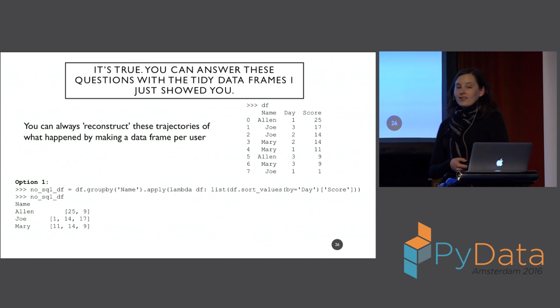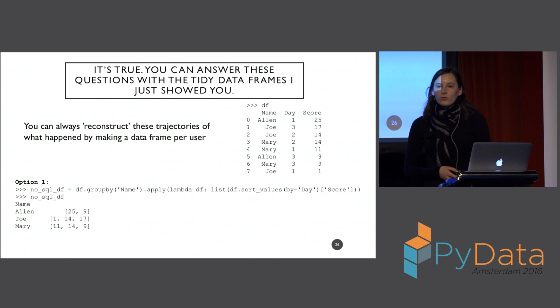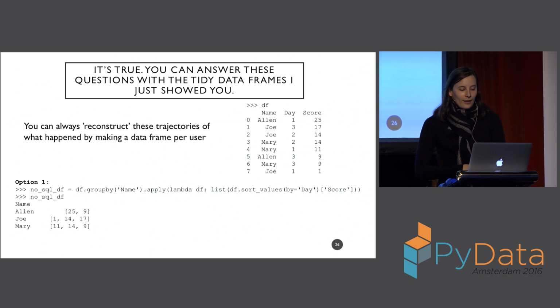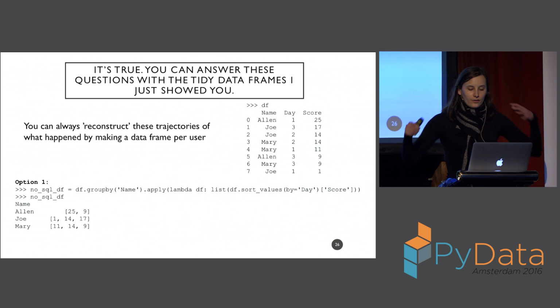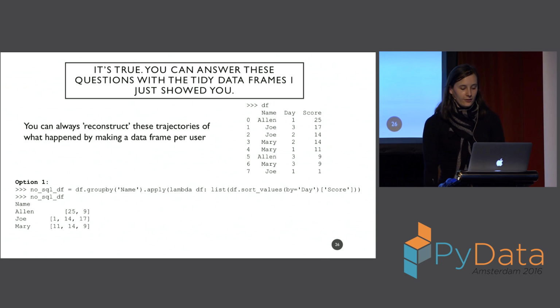So this is all about, let's just store an array in a data field rather than tidy data. That's my initial argument. And you would say, well, that's not really NoSQL. That's just straight up pandas or data frames in R or in Python. And you can always reconstruct these trajectories. I'm sure you guys who went to the pandas tutorial this morning have many better ideas, but off the top of my head, I think, how am I going to do this?